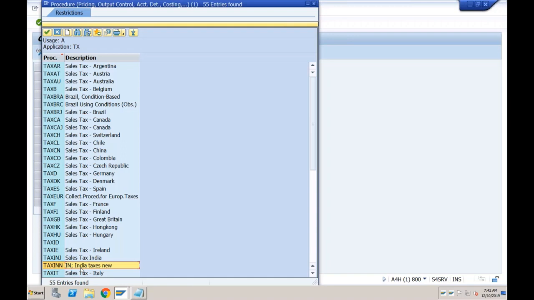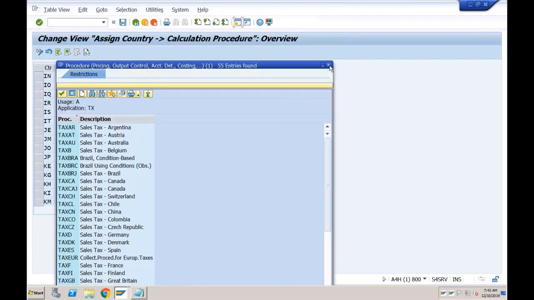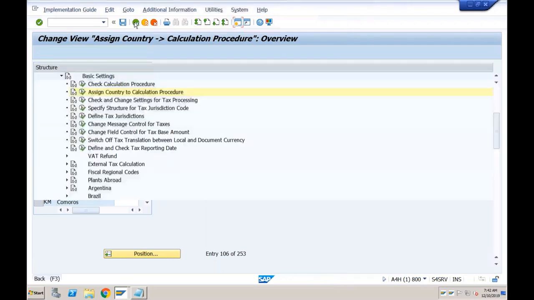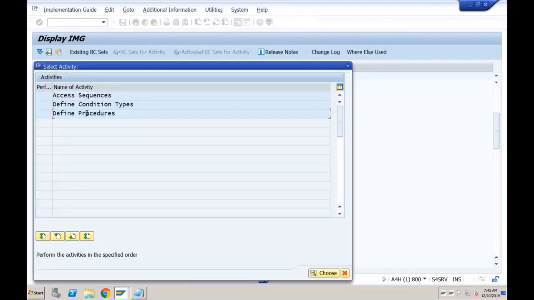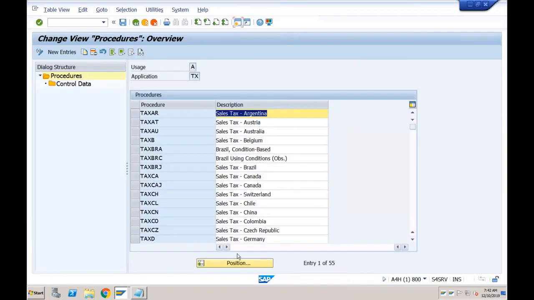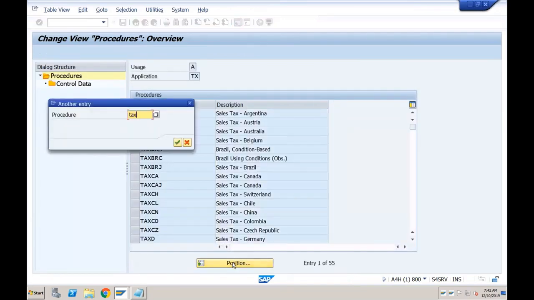So it totally depends upon the country's requirement. Based on the country's requirement, you have to properly select the tax procedure. Let me show you how exactly the tax procedure looks like. So if you go to the calculation procedure, and let's say I want to see tax IN,